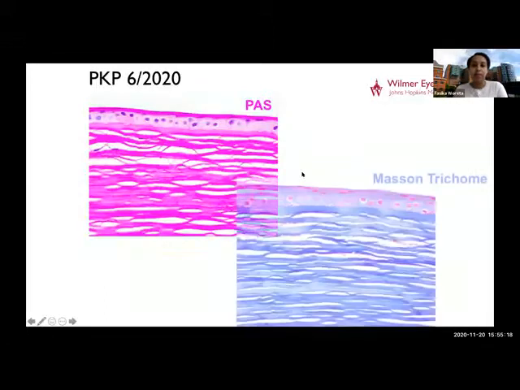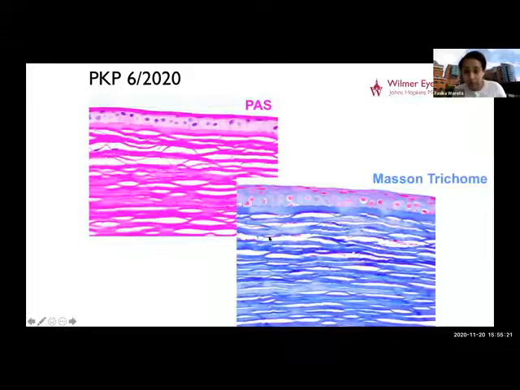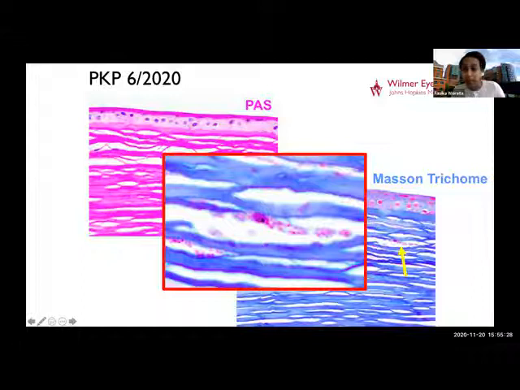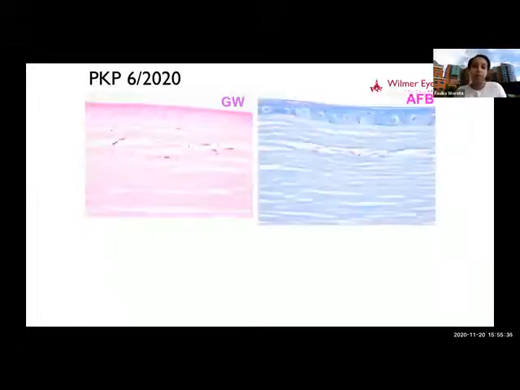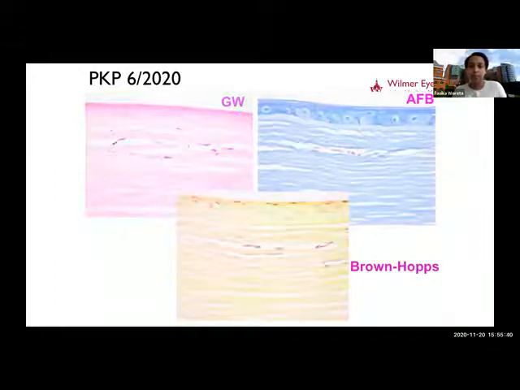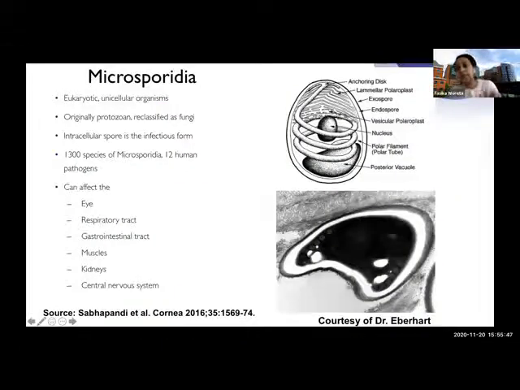you can see some of the organisms here on the Masson trichrome stain, and it is at the level of the interface. So you can see again these small ovoid organisms, and so further staining had showed that it was acid fast positive, and again other stains also revealed the organism. So it turned out to be Microsporidia, which was originally a protozoan, but now reclassified as